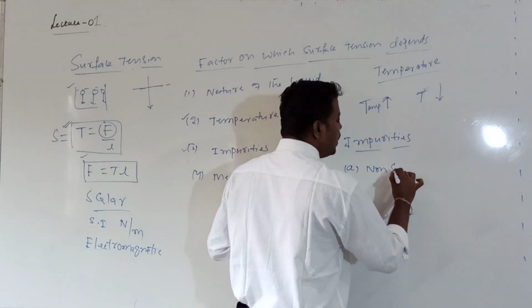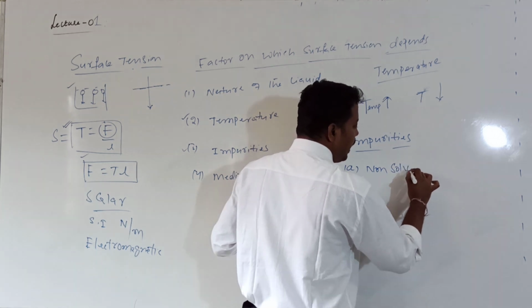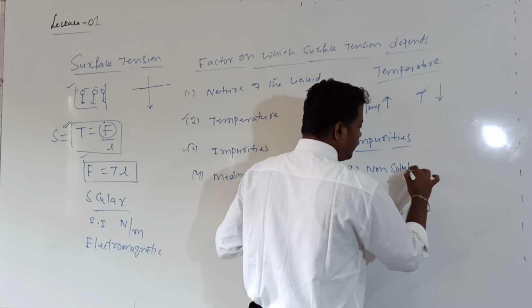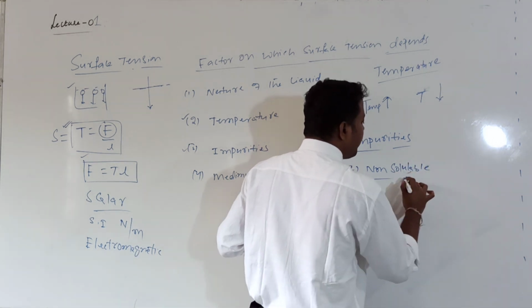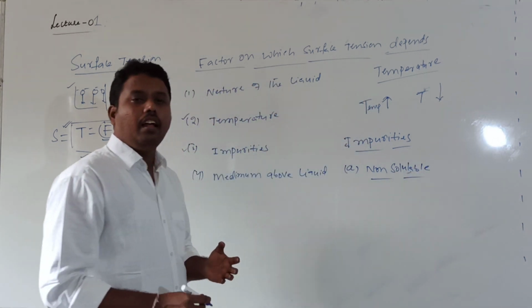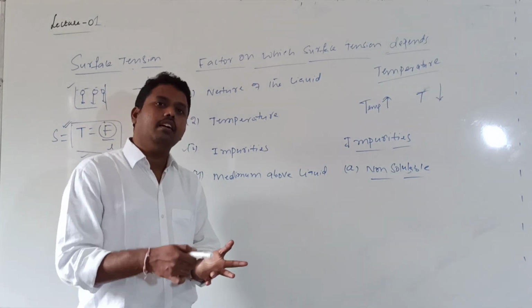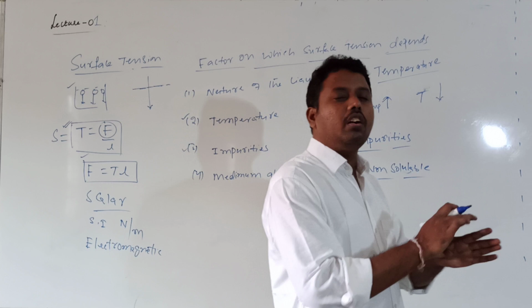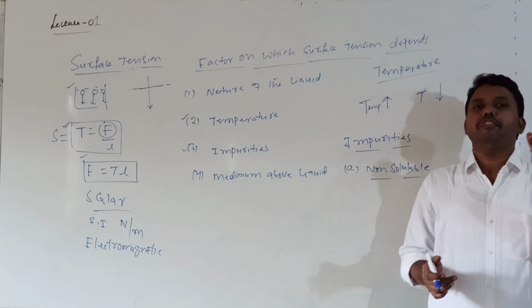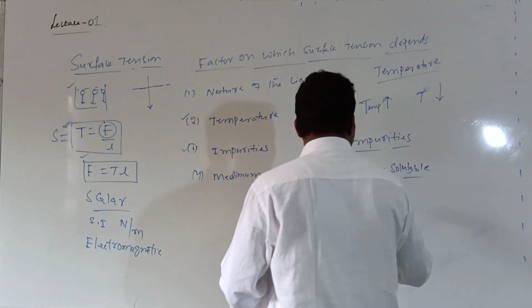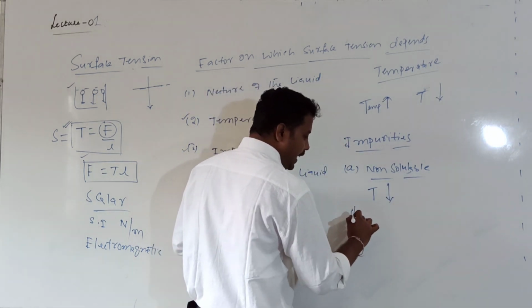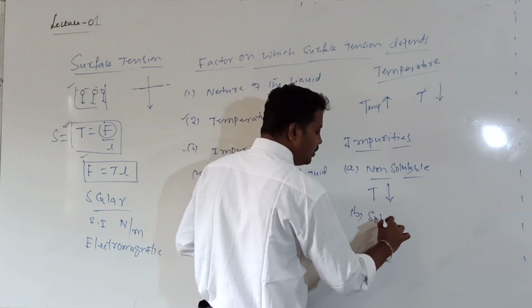When I add non-solvable impurities like oil, grease or wax, whenever you add these impurities which are not completely solvable, the surface tension is going to decrease. So what happened to surface tension? Decreases. Whereas the second category, which are solvable,